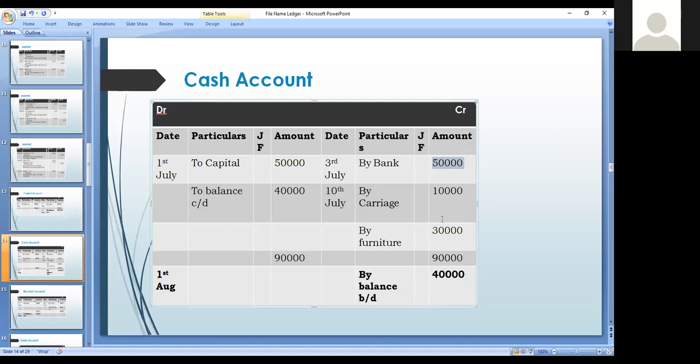Here, the cash account is a credit item. So what we have done is put the amount on the credit side, 10,000 rupees. Paid for carriage. You have to write "by carriage, 10,000." Then,